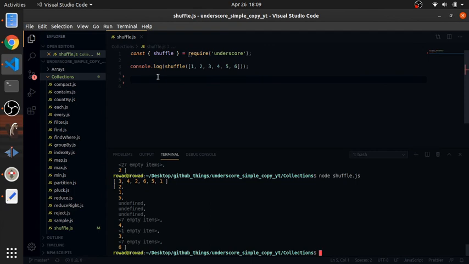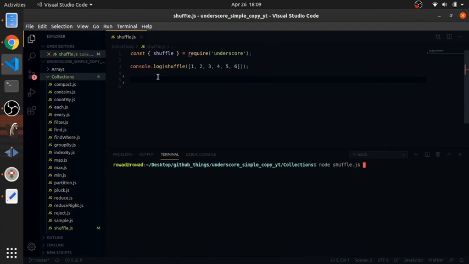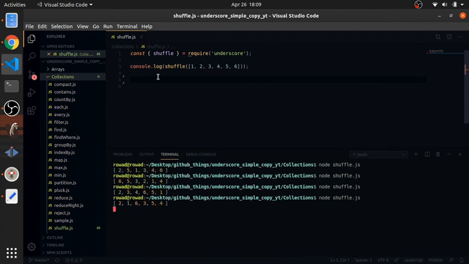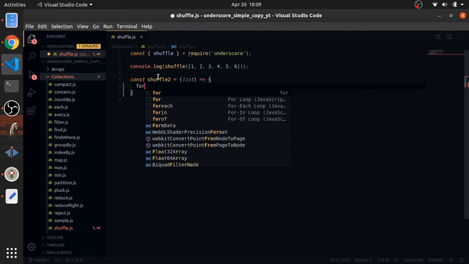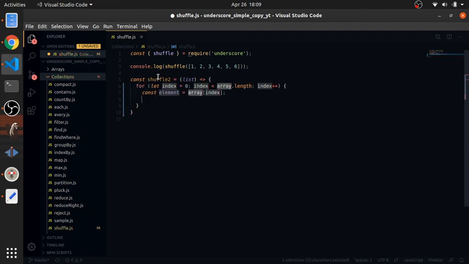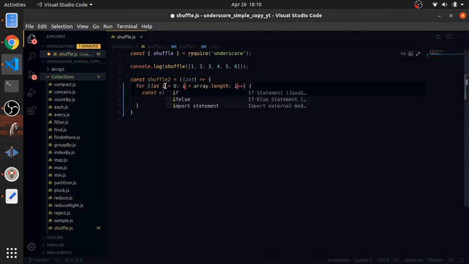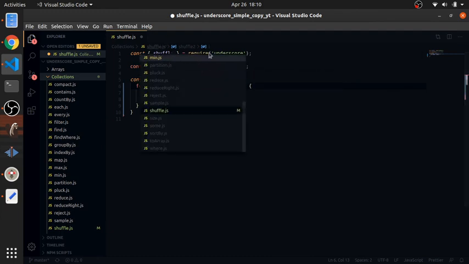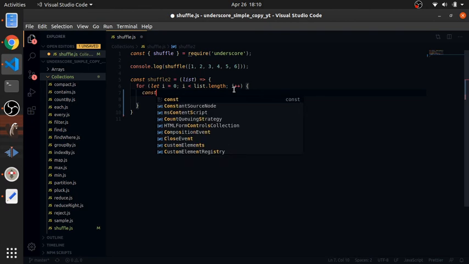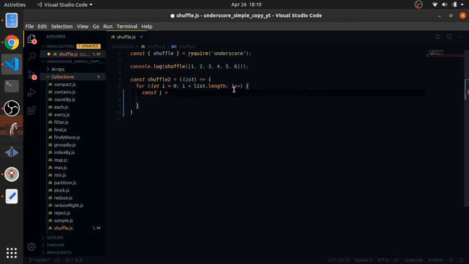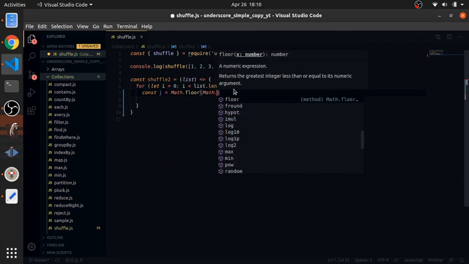this is their example. So each time I run it, I will get a random array. So const shuffle2 will equal a function that accepts a list, and I will do a normal for loop. The index will be i, and it's less than the list length, and I need to generate a random index within the range of the array. So you can do this by floor of Math.random